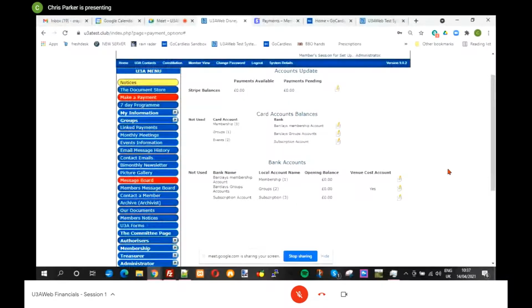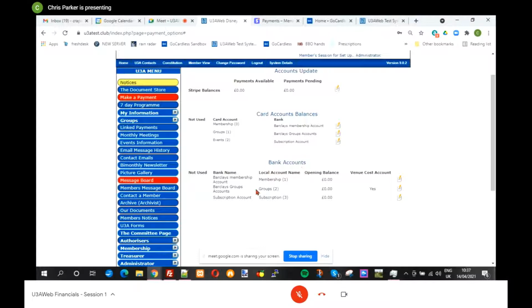So the section at the top here is called card account balances. It's a bit of a misnomer now. It's called card account balance, but it's really the system accounts, the accounts that are held within the system, because there can be manual payments into it, direct debit payments into it as well. So really, it just is the accounts for the system,